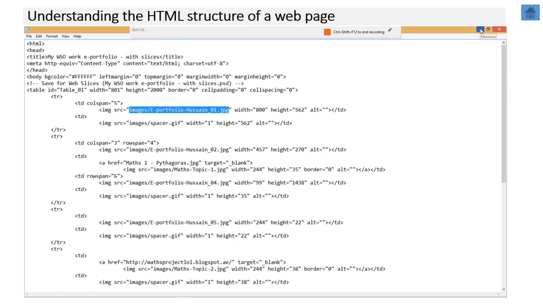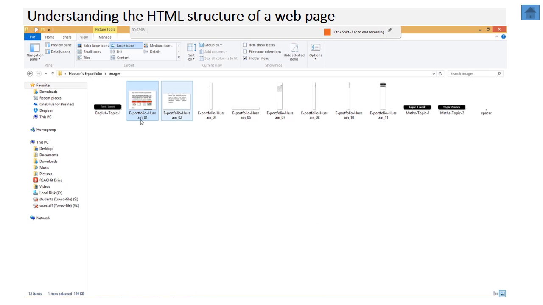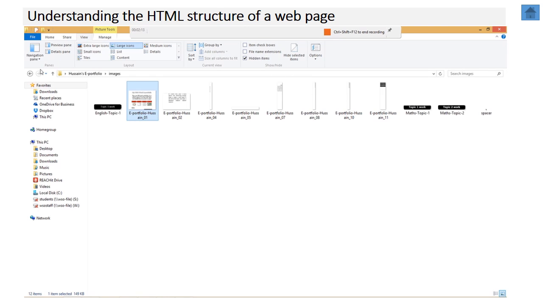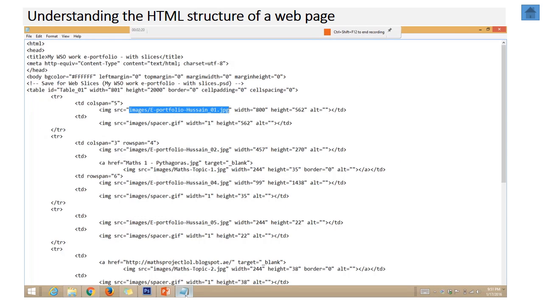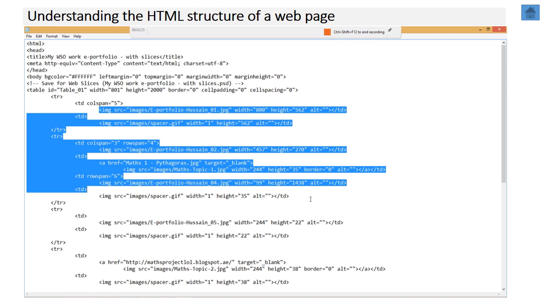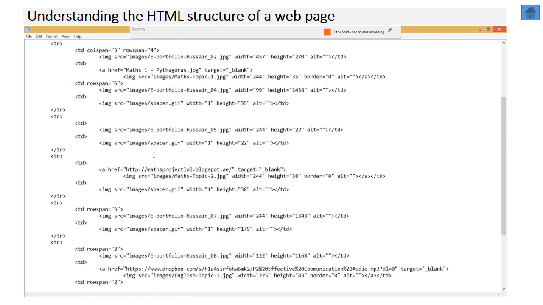So let's go back to the images folder and see whether that file actually exists. So it's eportfolio-hussein01. There you go. So this is the first image that it puts down. That's all you really need to know and understand: why a folder is created with this, and how this is actually showing you the picture simply by doing all of this referencing. And this is important for you to know because you're going to start adding some text yourself